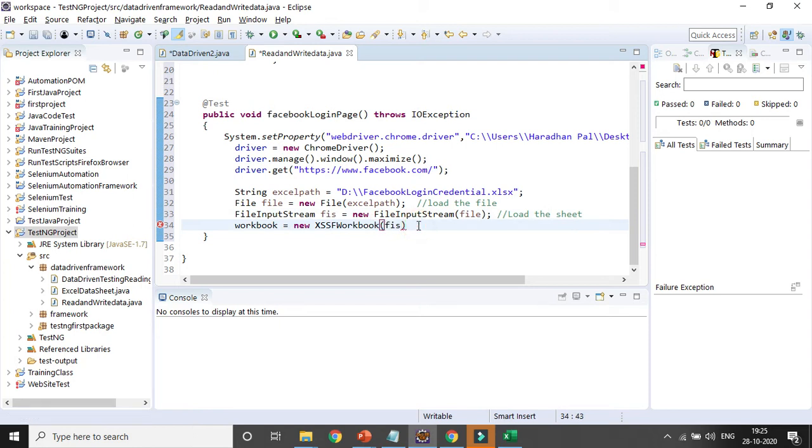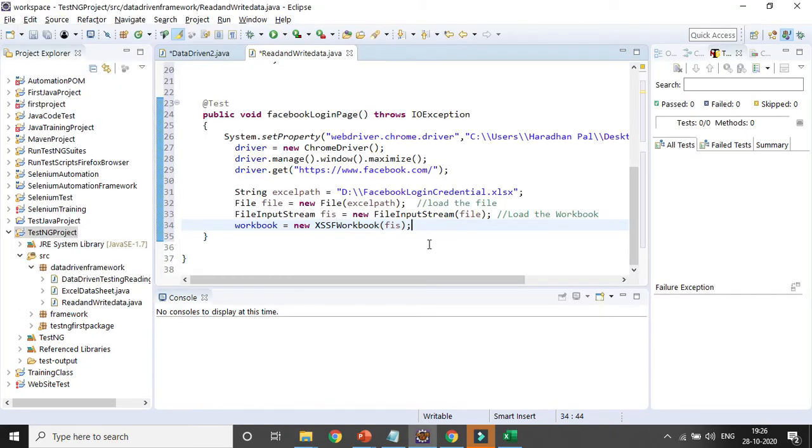That is because I want to read the workbook. This will load the file, this will load the workbook, and it will be used to access the particular workbook.